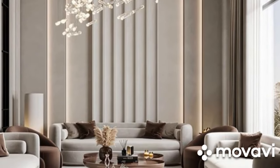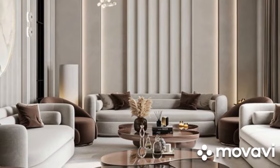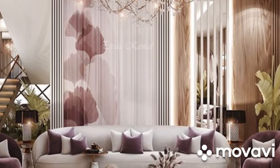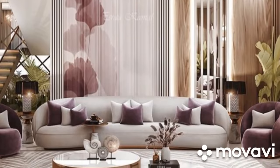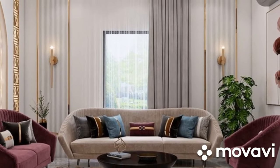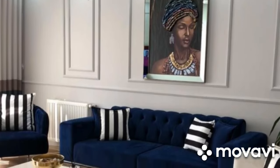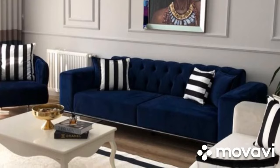and lifestyle. For those who embrace contemporary design, sleek lines and innovative materials take center stage. Consider a modular sofa that adapts to your changing needs, complemented by geometric coffee tables and minimalist shelving units. Alternatively, if timeless elegance is your preference, embrace the warmth of traditional furniture. A plush sectional sofa invites you to sink into its embrace, while ornate wooden coffee tables and bookcases add a